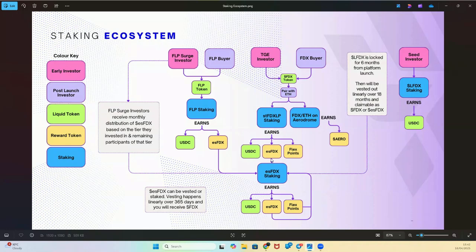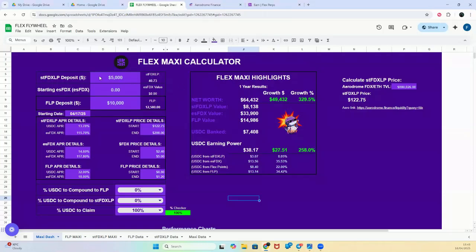You're earning USDC, you're earning ESFDX, and you're earning Flex points, and then those go into the ESFDX staking, and then USDC here again. You can choose to compound this. Now you can either choose to compound this back into stFDXLP, or you can go into FLP staking, and the same can be done from FLP staking. That can go into FLP, or it can go into stFDXLP. So these are the two flywheels, and what the strategy calculator here allows you to do is to play